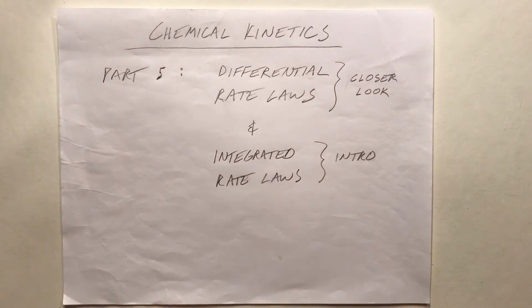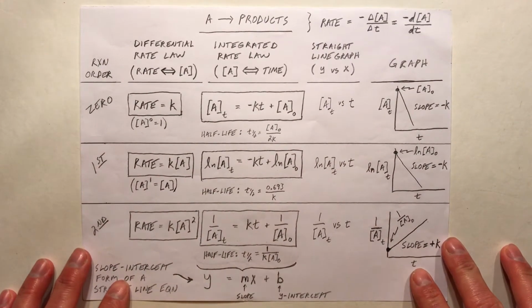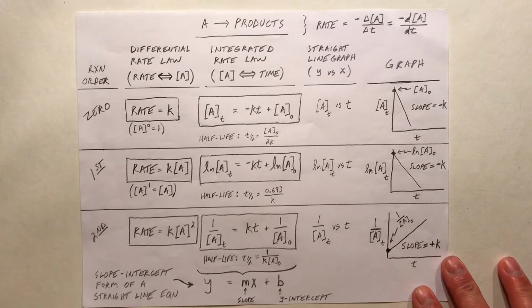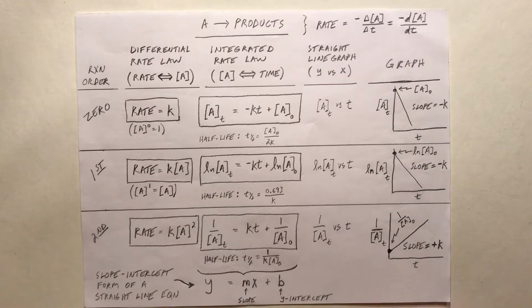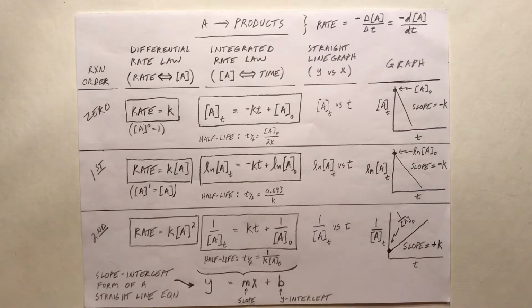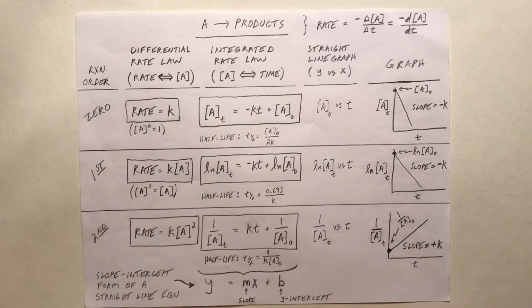Chemical Kinetics Part 5. We're going to take a closer look at differential rate laws and introduce integrated rate laws. Now, in the end of this video, and actually a series of videos to follow, we're going to put together this chart where we have differential rate laws for zero, first, and second order reactions, integrated rate laws for zero, first, and second order reactions, half-life for zero, first, and second order reactions, and then we identify, using the integrated